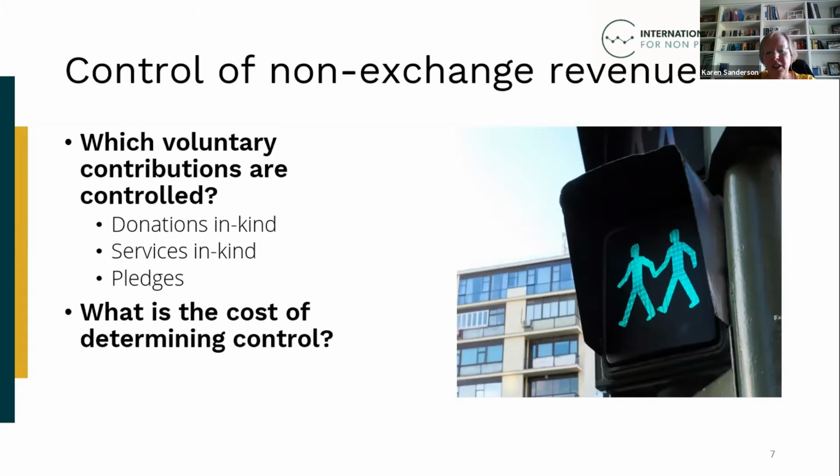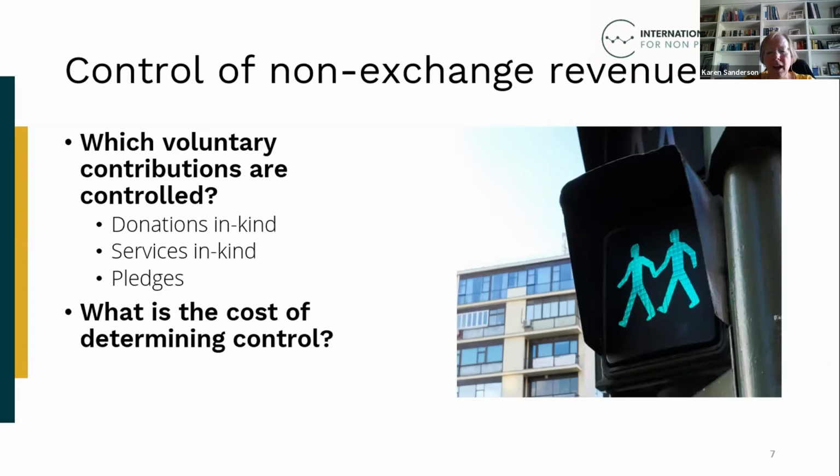There are also issues specifically related to services in kind. NPOs can recognise revenue in respect of services in kind where there is a past event and an NPO expects to get a future benefit from those services as part of furthering its objectives. This is in line with the definition of assets in the IASB's conceptual framework. And it applies even if that future benefit is used straight away, like professional services.